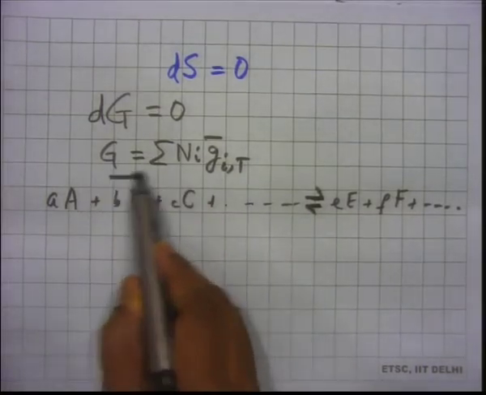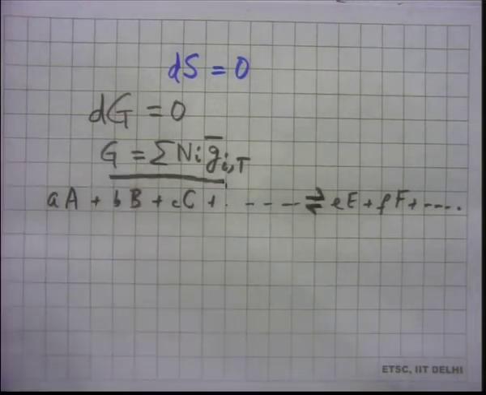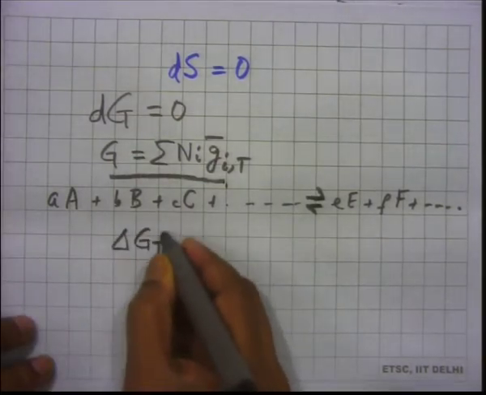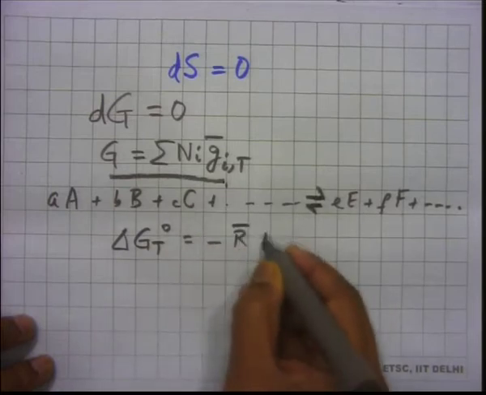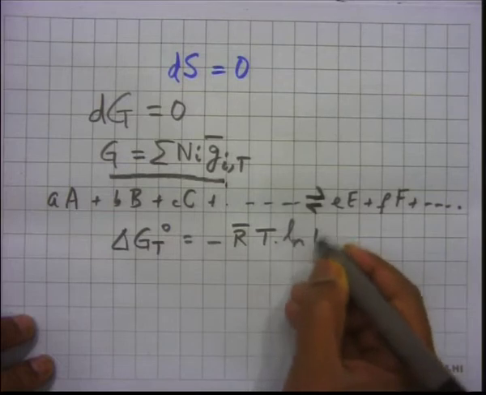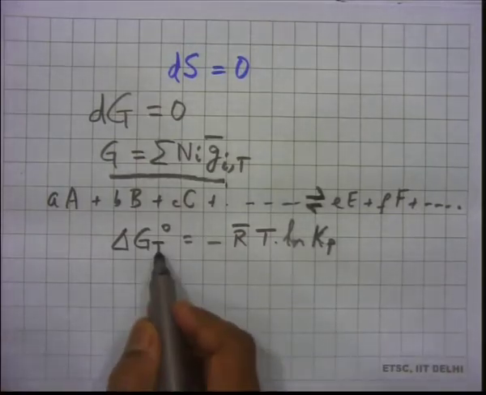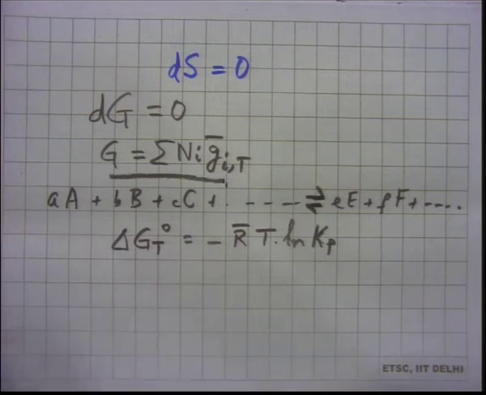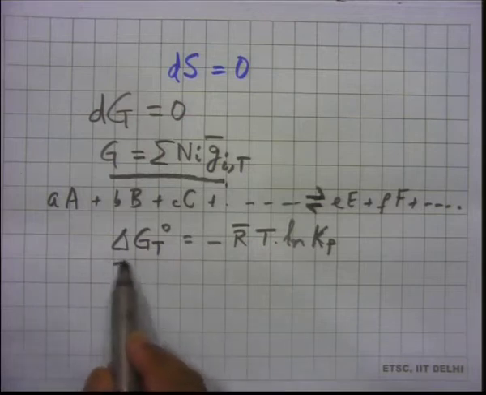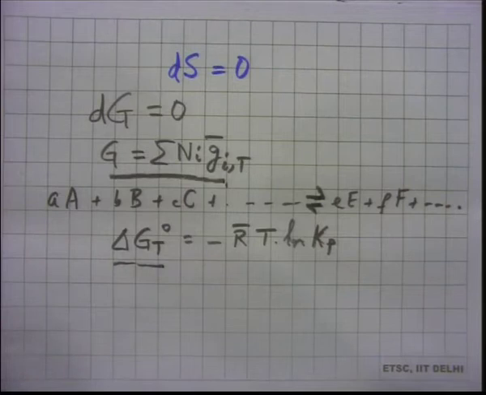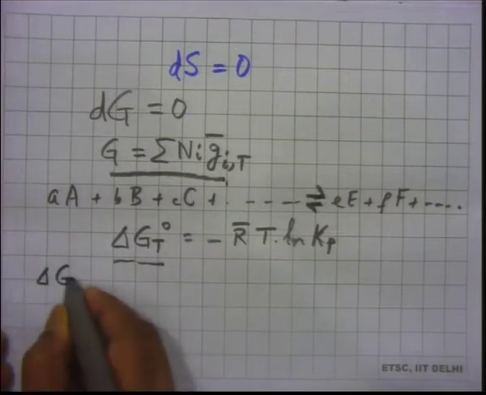if we use this definition of G, and if we also say dG equal to 0 using second law, that is corresponding to equilibrium, then we will be able to write the following after some work. So, this work I am actually not doing, but I would ask you to look up any thermodynamics book or even Turns's book. So, this will give us delta G_T naught equal to minus R bar T log of Kp. Now, what is delta G_T naught? Delta G_T naught is this quantity here, which is a standard state Gibbs function change. So, that delta G_T naught is written as